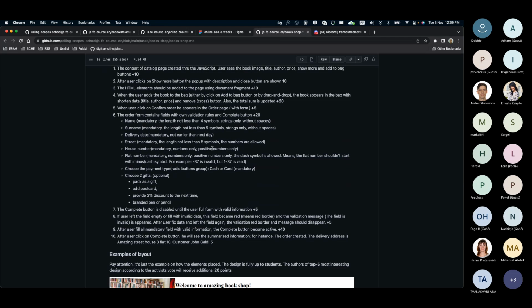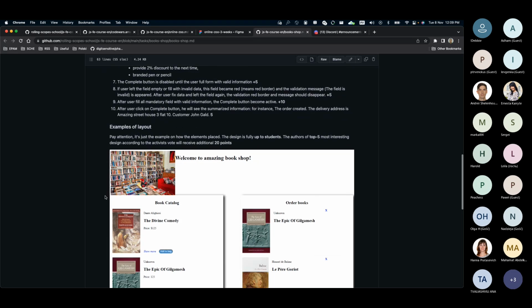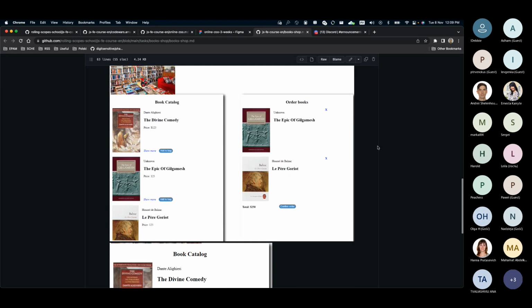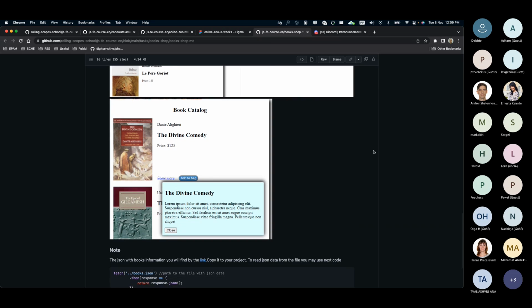You could get acquainted with the following task requirements, and as you see, there are examples of your future layout. But again, this is not a strict requirement for keeping the layout as shown, so you're completely free to implement the designs as you wish, by your preferences.